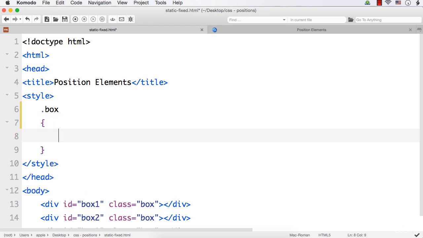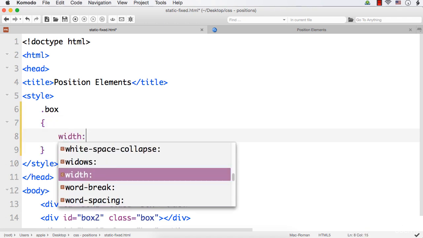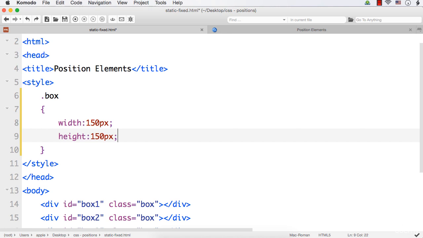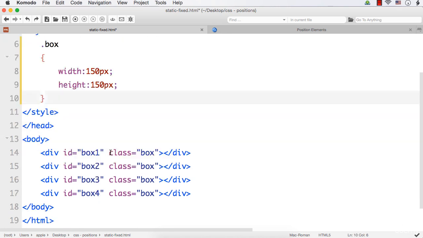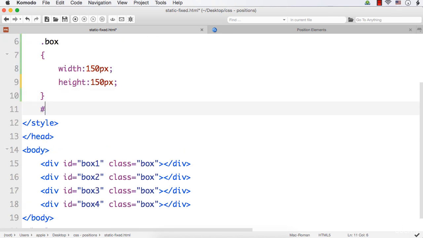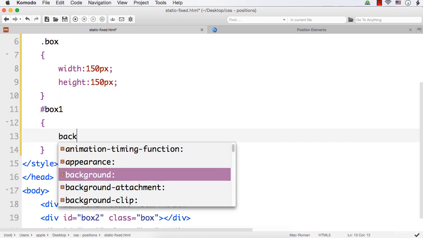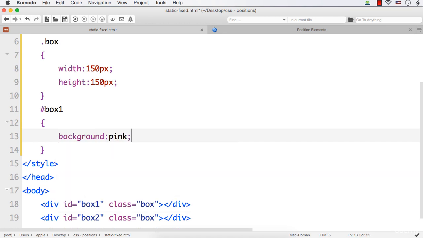So let me add width to be say 150 px, height also 150 px, and let me specify different colors for different boxes. So I want to access them using their ID. So it is box 1 and here let me specify the background color as pink for the first box.